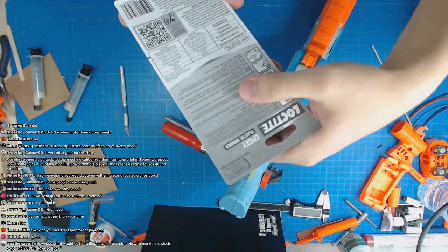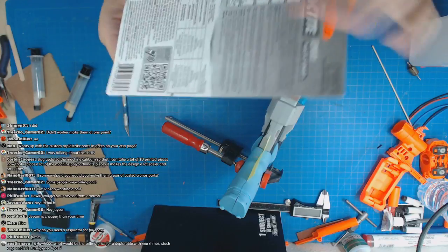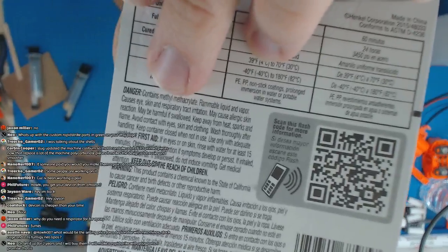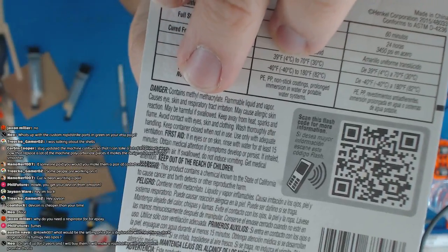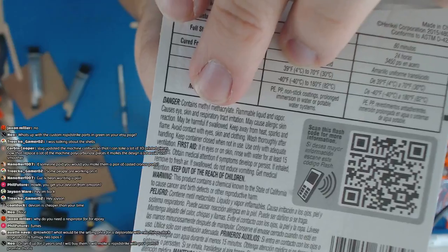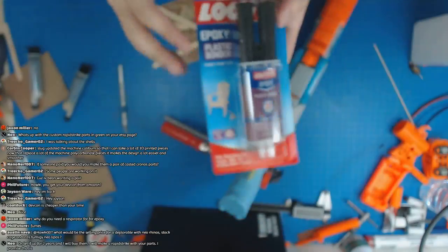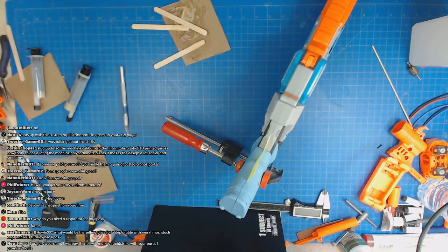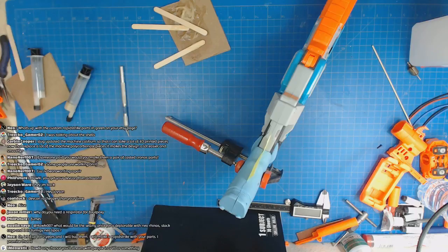Let me find it here. If you read the warnings, it'll say, danger, contains methyl methacrylate. Let's let that focus. See right there? Contains methyl methacrylate. That's the word you're looking for. So I just get the Loctite stuff. You can get that at Walmart. Walmart doesn't stock it as much as they should. I usually get mine from Lowe's, but...